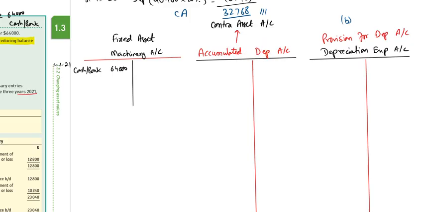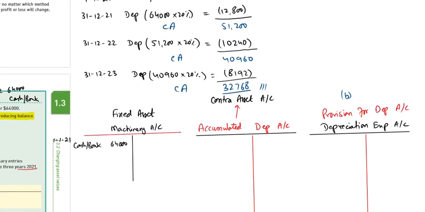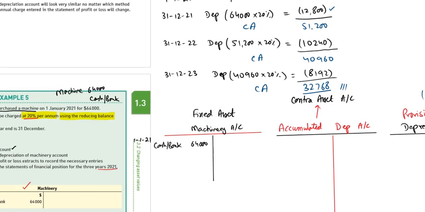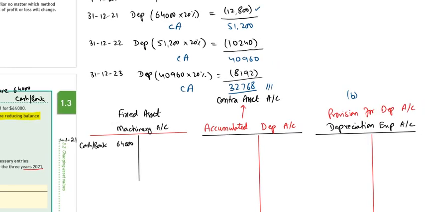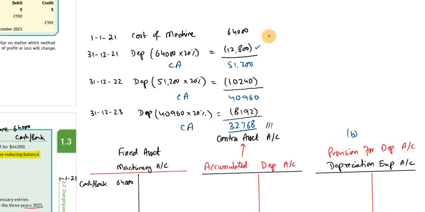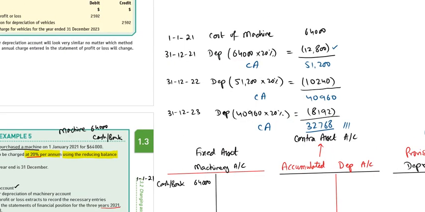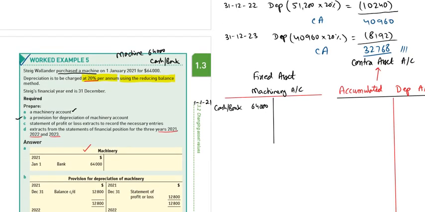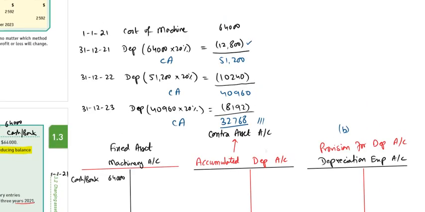From this, at the first year, the depreciation will be 12,800. So we will record depreciation. What's the double entry of depreciation expense? The entry of depreciation expense will be depreciation expense debit, accumulated depreciation credit. So the entry of this one is depreciation expense debit,